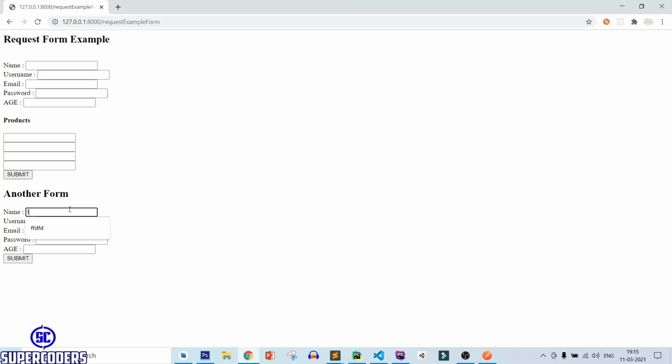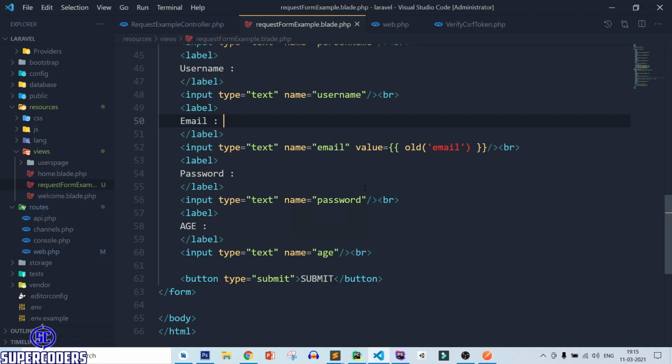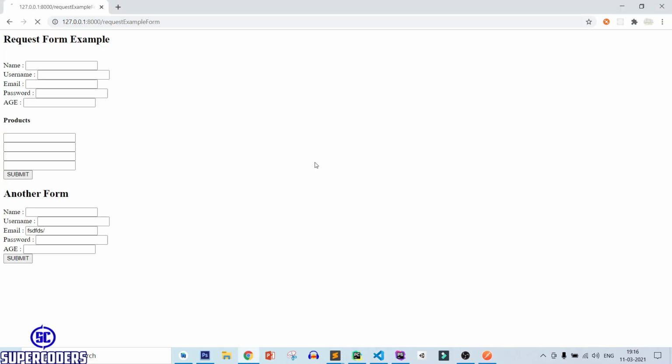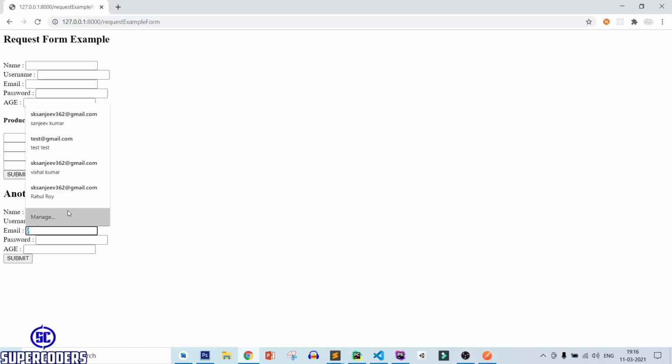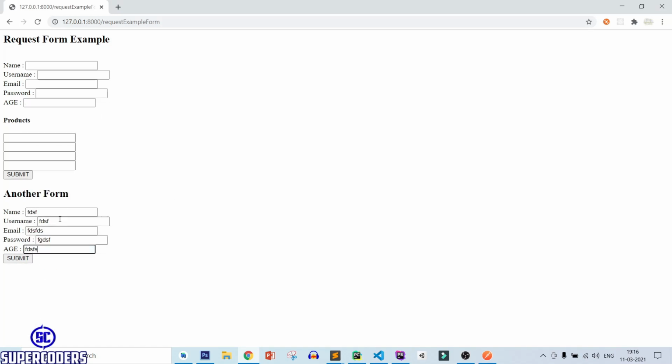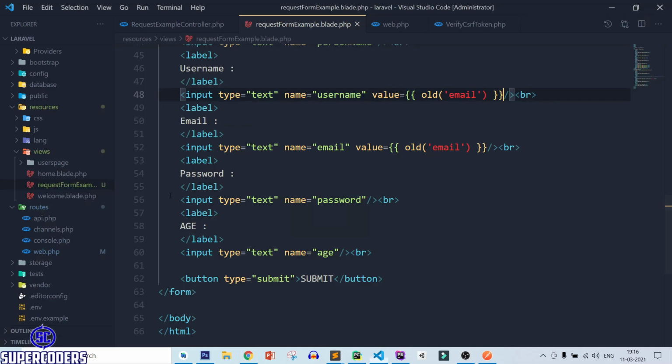Refresh page, try to submit the form, click on submit, and you can see you can get your old email inputs data. So here I set only old value of email. If you want to check username, you can set the username also. So in that way you can access the old inputs of user.